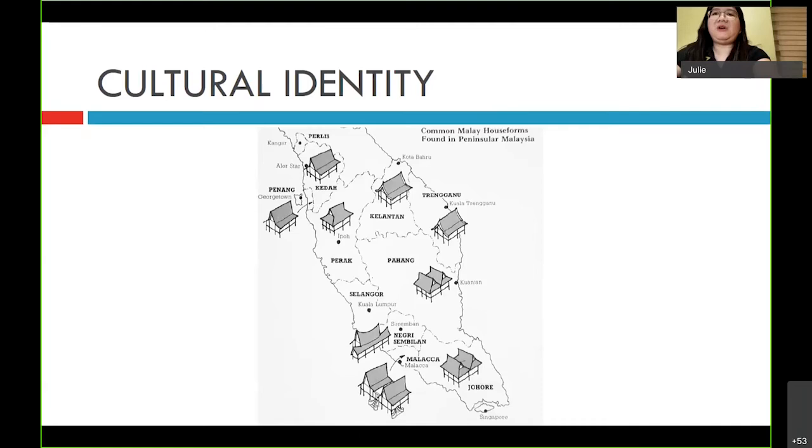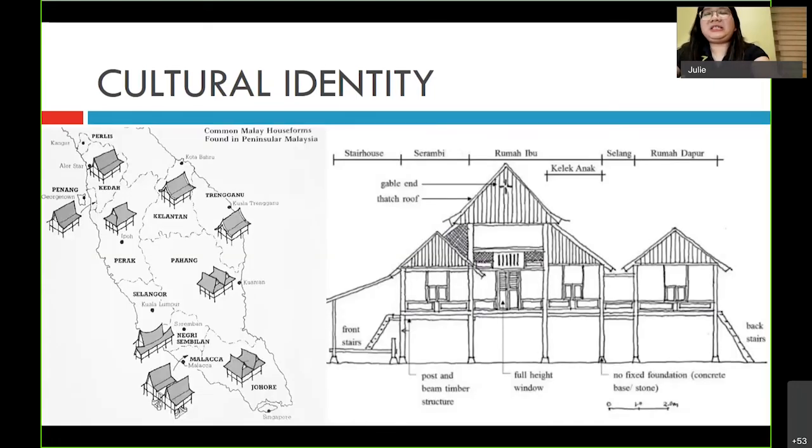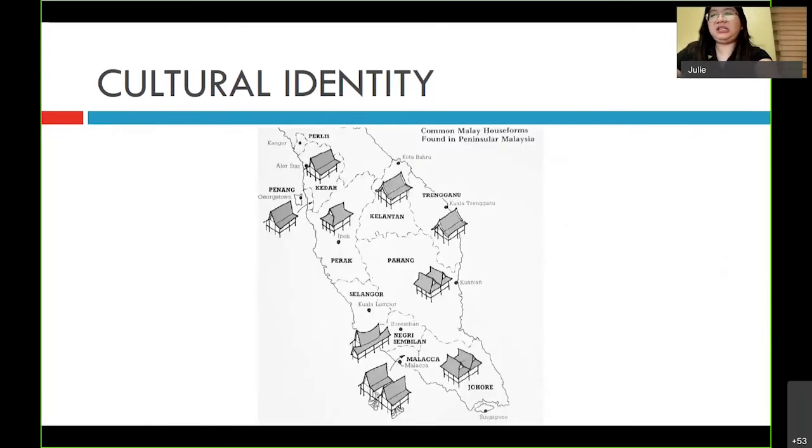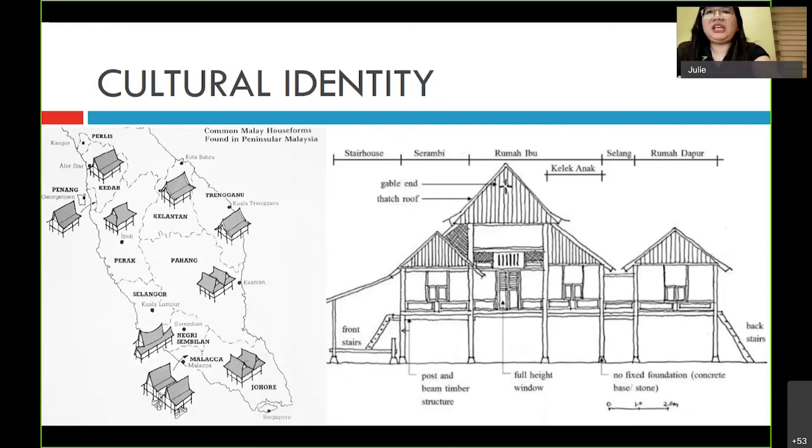For example, I'm from Sarawak. I stayed in Johor for more than 10 years. So if I'm going to design a Sarawak rumah panjang in Johor, maybe the context is not that accurate. But if you see this example here in Melaka, the easiest identity that you can see there is, you can go to this slide actually, that they have these concrete steps leading towards the house. And you see different cultural identity